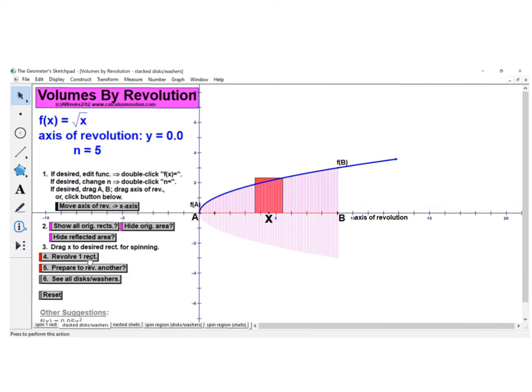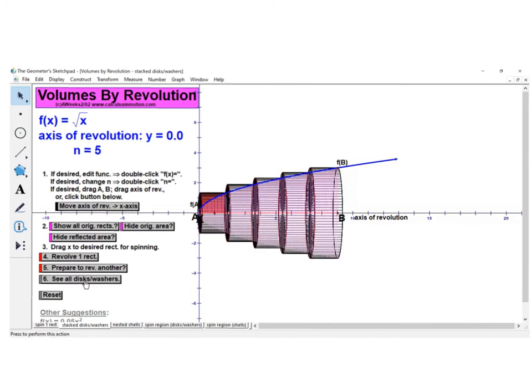Okay, now with that rotation, the rectangles are being rotated as well. They're coming out first and going behind. So let's see what the disc would look like. And that is our disc. Now, delta x is overemphasized, but that's our disc. And if we see the 5 discs here, the volumes of these 5 discs would approximate the volume of this paraboloid. Now, if we increase the number of rectangles to, say, 10 of them,